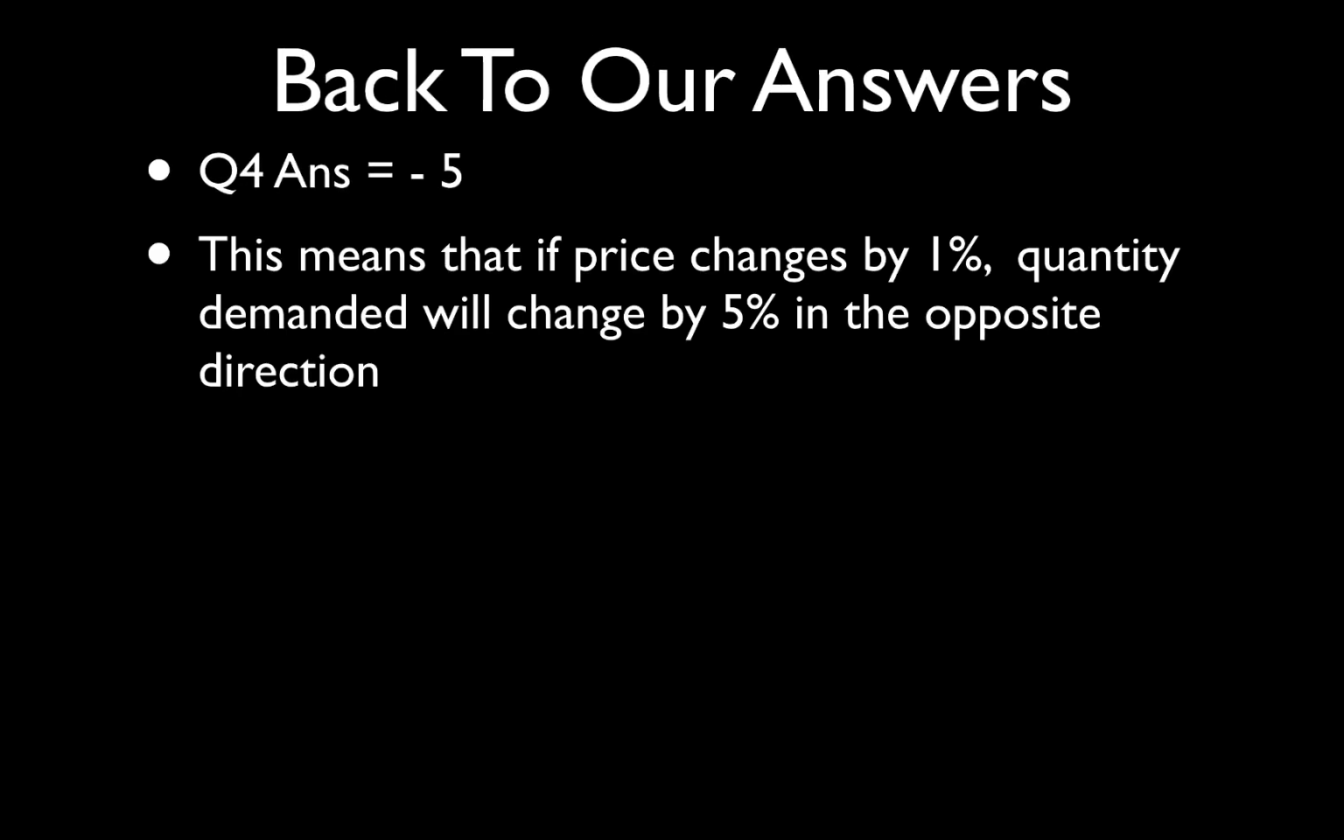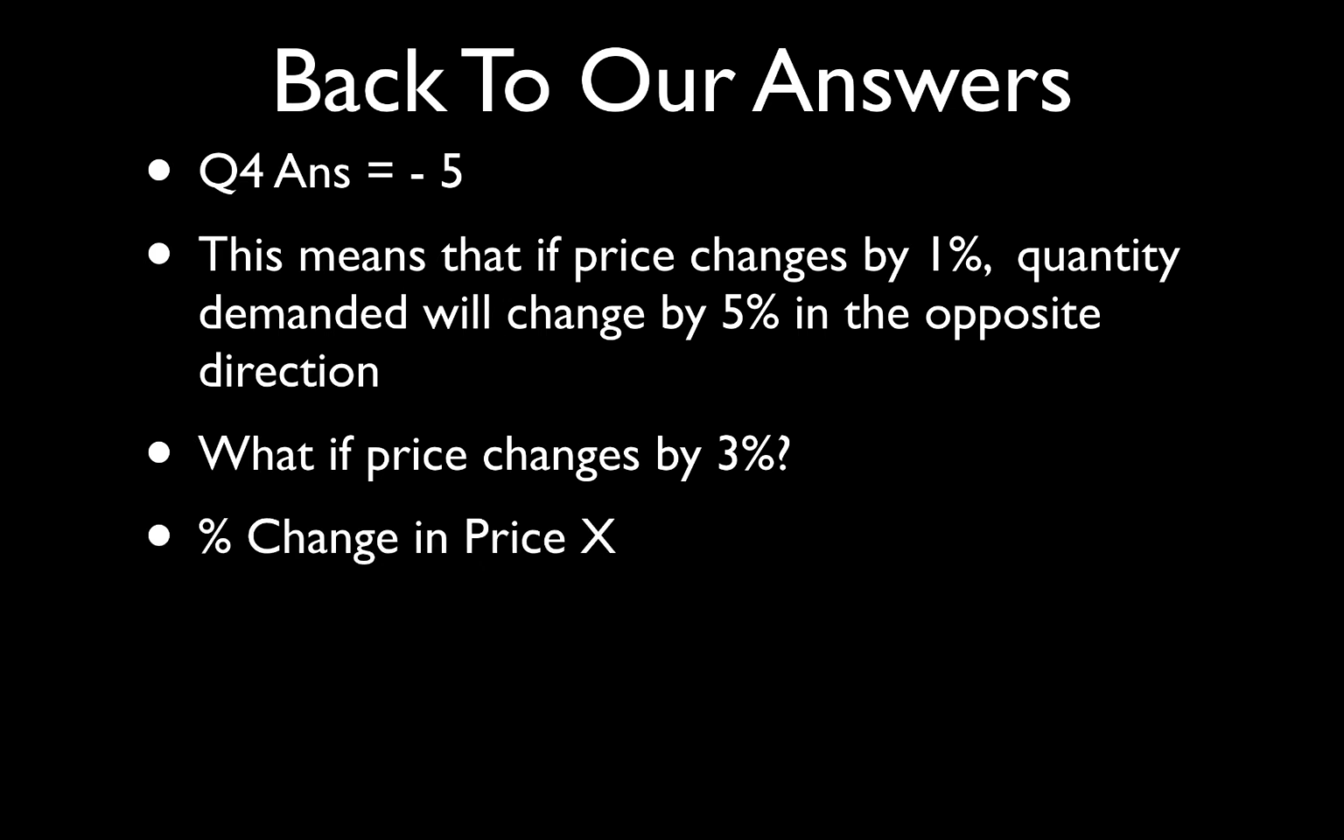If price changes by 1%, quantity demanded will change by 5% in the opposite direction. If price rises by 1%, quantity demanded will fall by 5%. If price falls by 1%, quantity demanded will rise by 5%. That's what we're saying. Well, a 3% change, then we can extrapolate that and say, okay, well, use the formula